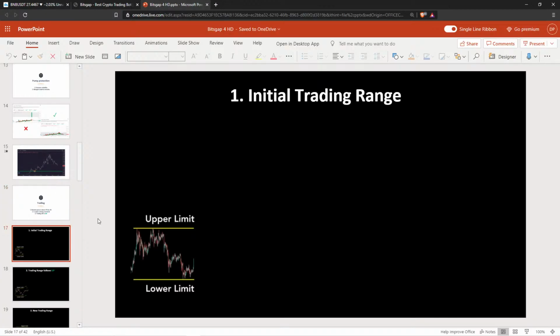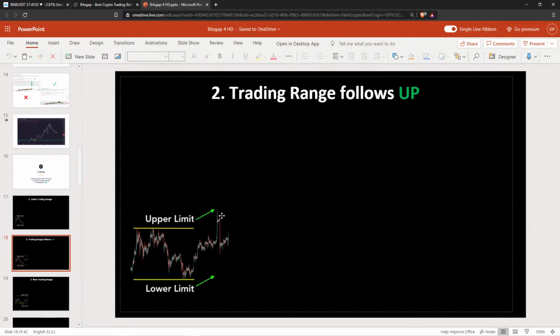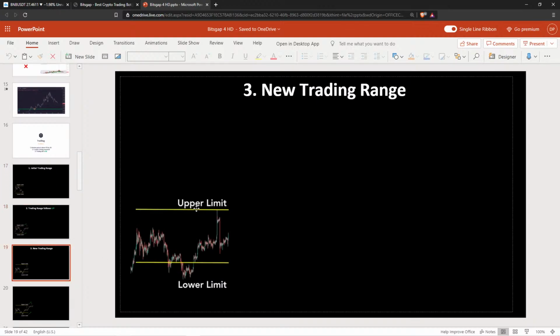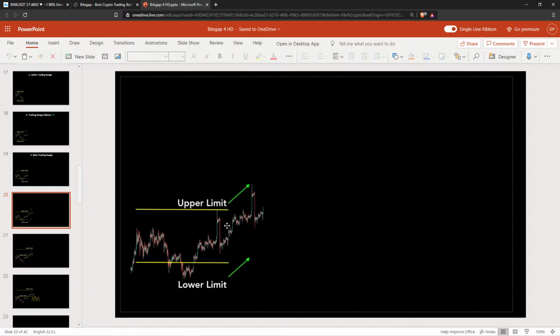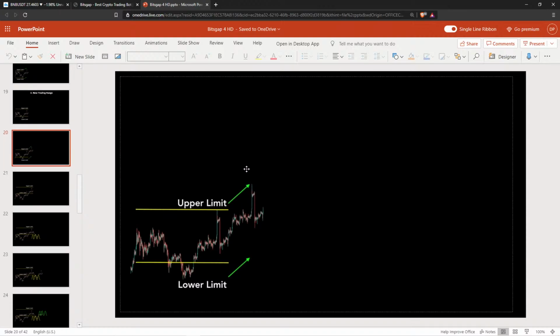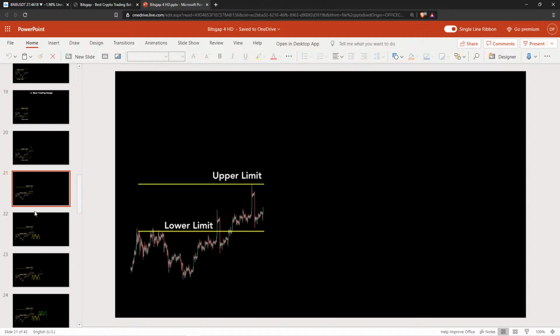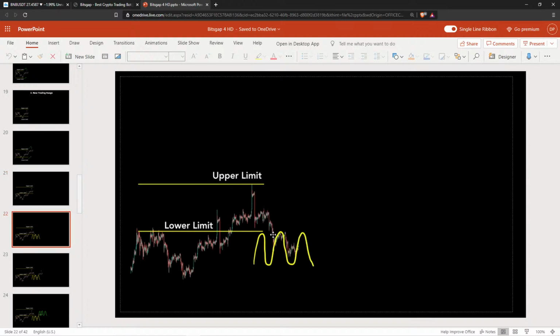And here's the overview. You see the initial trading range, the market rises, establishes a new higher high, and now with this trailing up instrument on, your trading range will follow the market as well, and now your trading range has been adjusted accordingly and is trading here. Imagine the price then moves higher a bit again, establishes a new higher high. What's going to happen is that with this trailing up instrument on, the trading range will continue following the market, like this. If the market falls from that point,